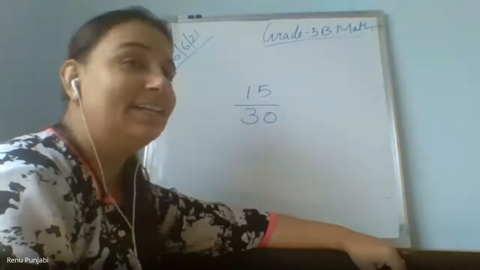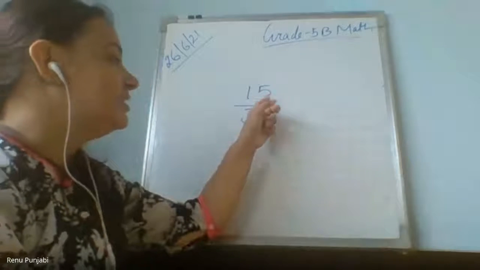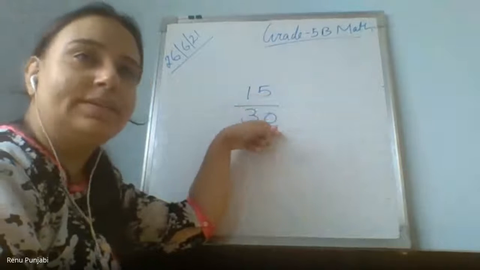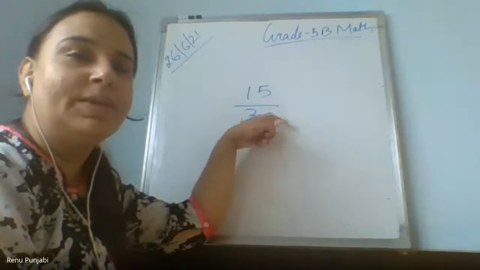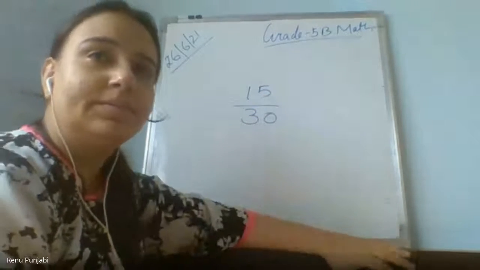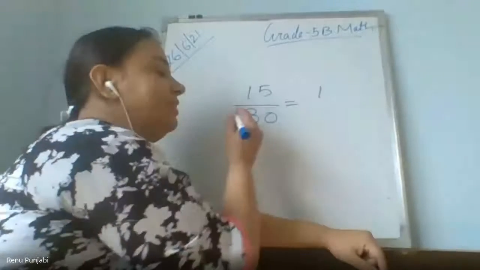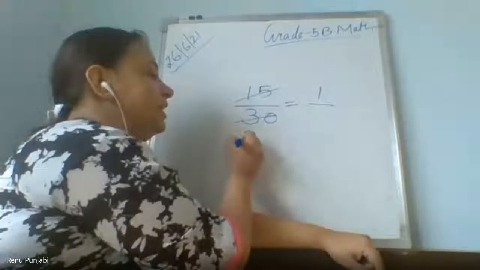No, it is not like that. I'll tell you how to do the short form of the fractions. See, check that both the numerator and denominator should come in one table. Can you please tell me in which table both the numbers are coming? 15, 15 to 30. 5. It comes in the 15 table also. Yes or no? Yes. We can say 15 ones are 15, and we can say 15 twos are 30. Yes.